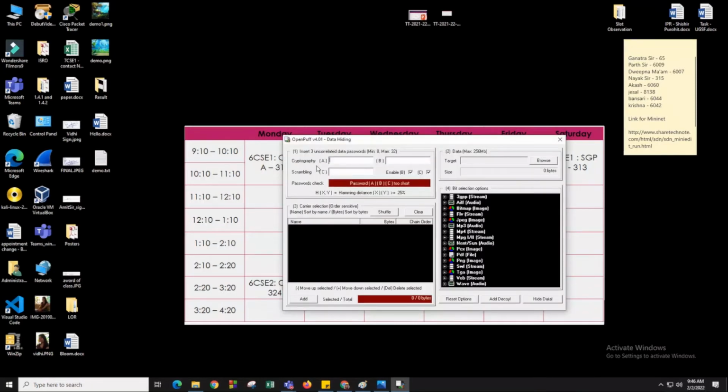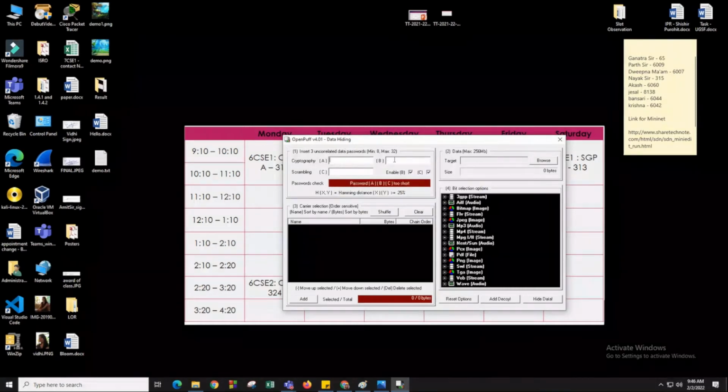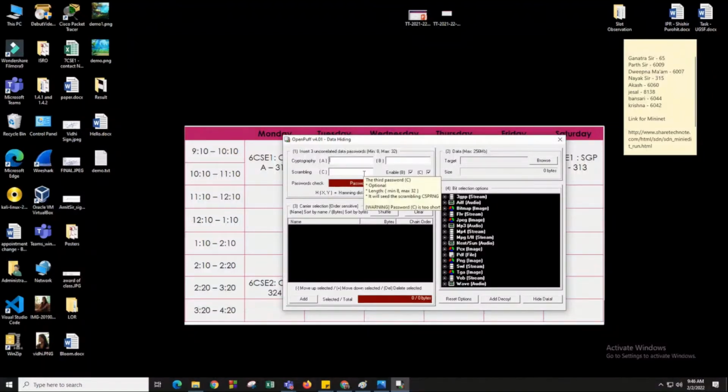In hiding the data, the first step it provides is the encryption. Here it will ask you for one particular password which we want to give. It also lets us add two other passwords as well, so that we can have a very strong password and easily scramble things.